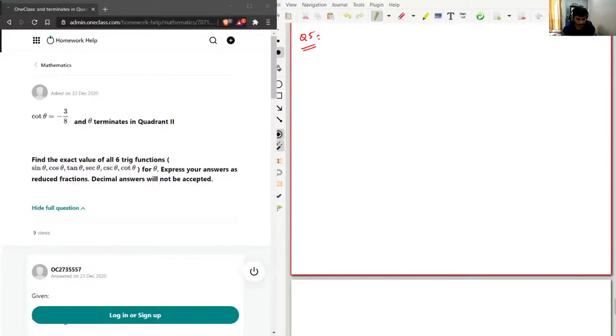And theta terminates in quadrant 2. So in quadrant 1, all ratios are positive. In quadrant 2, sine and cosecant are positive. Since theta is in quadrant 2, sine and cosecant will be positive, and all the other ratios will be negative. And cotangent of theta is given as -3/8, and